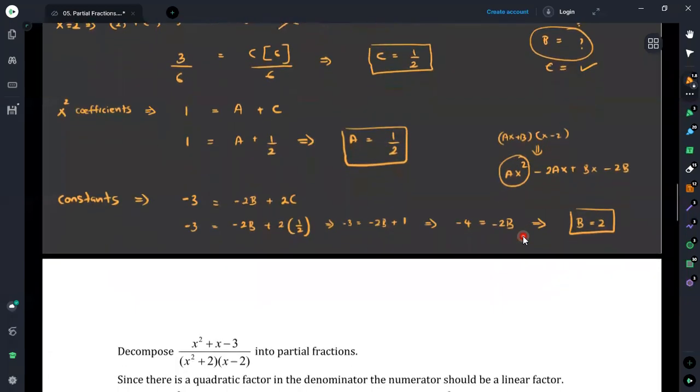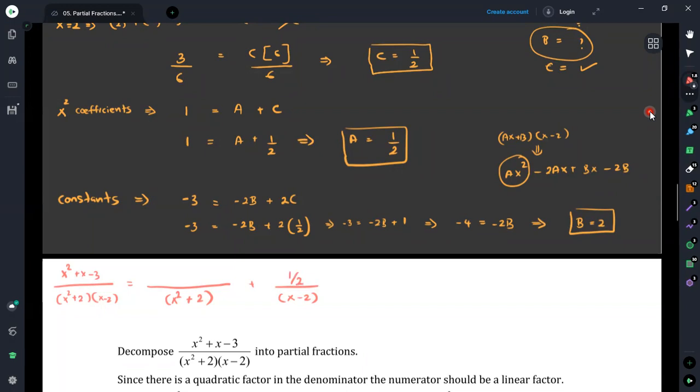Then we have found out the values of a, b and c. Then we can write it as the partial fractions. Here we are having x cubed plus 6 minus 3 over x squared plus 2 times x minus 2. Then we can take it as the value of a. Here what we have identified as the partial fractions is x squared plus 2 plus, here we have x minus 2. Then we have found out the value of c is half.